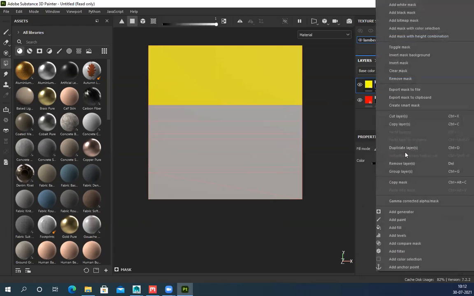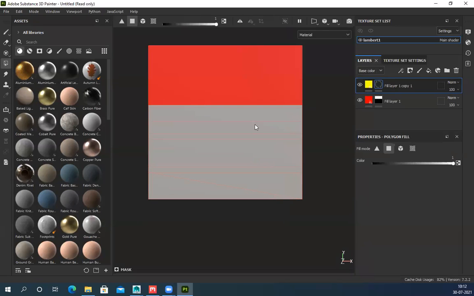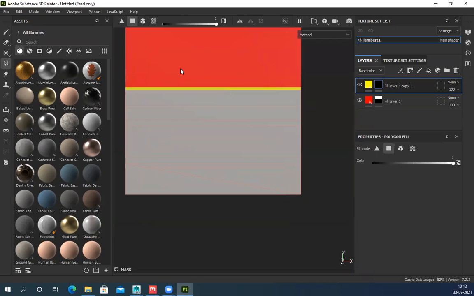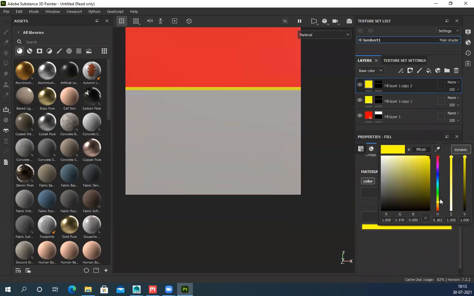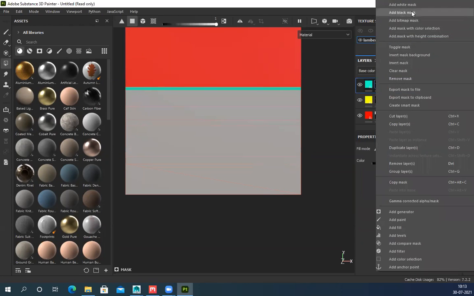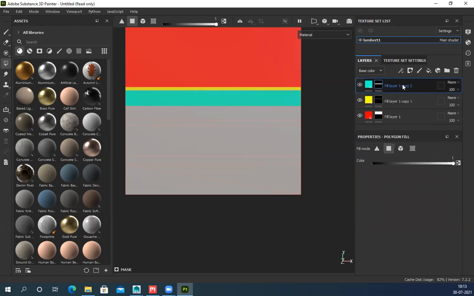This is again a black mask. Second one, Control D, duplicate, change the color to slightly more greenish. Black mask. Next one, Control D, duplicate.